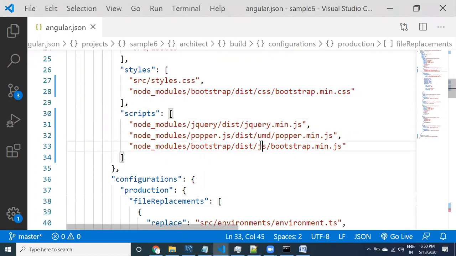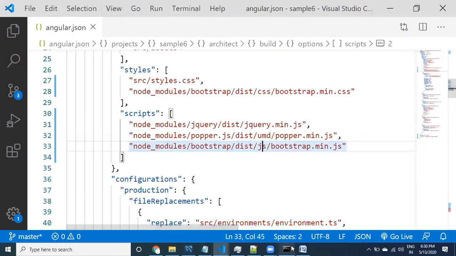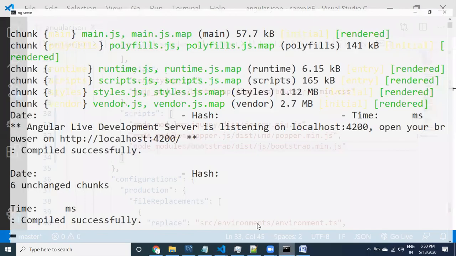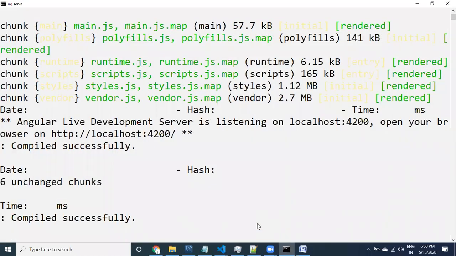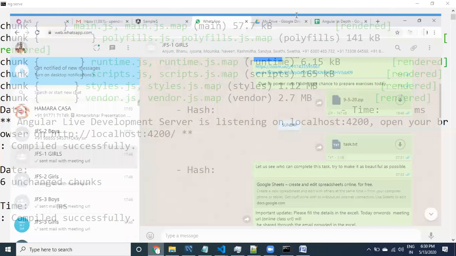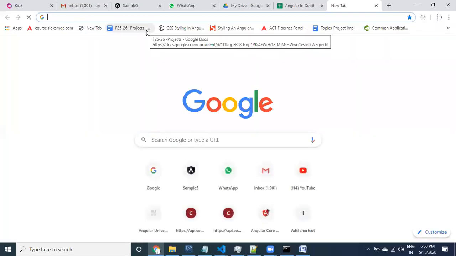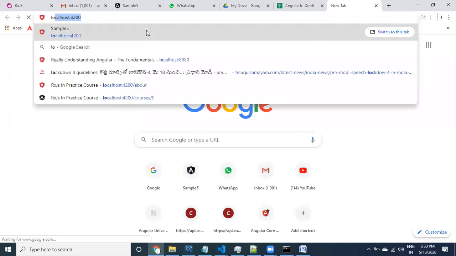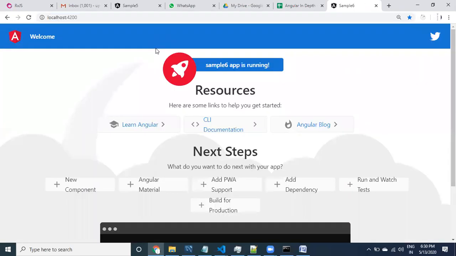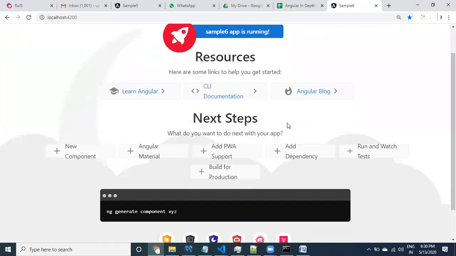Once after that, I just ran the application by using ng serve, and it is running on 4200. The default application is going to be called, so localhost 4200. By default, the default HTML got displayed over here. And the next thing is